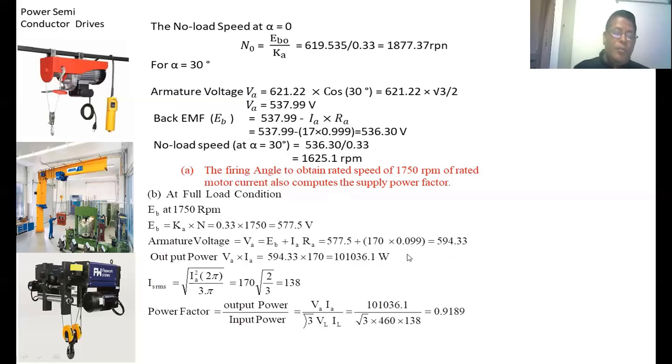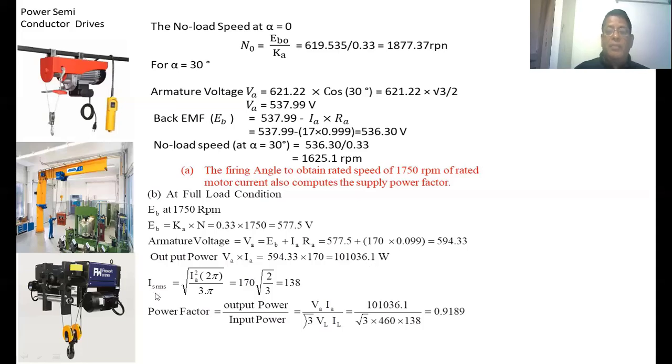Output power. Output power equals voltage into armature current. Already given the 170 volts. Armature voltage also we found here, 594.33. Substitute all the values. We are getting the 101.036 kilowatt of power will be given by the